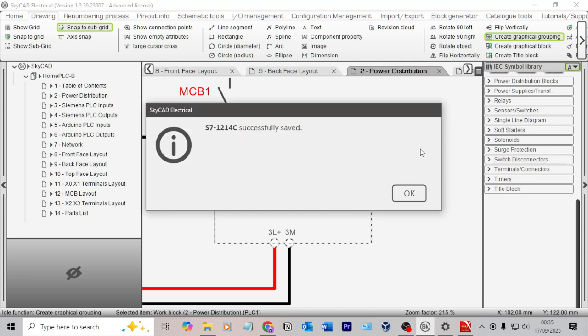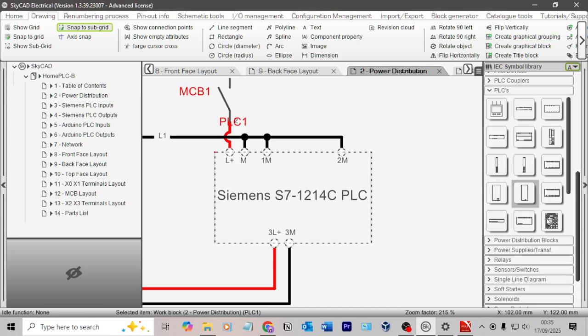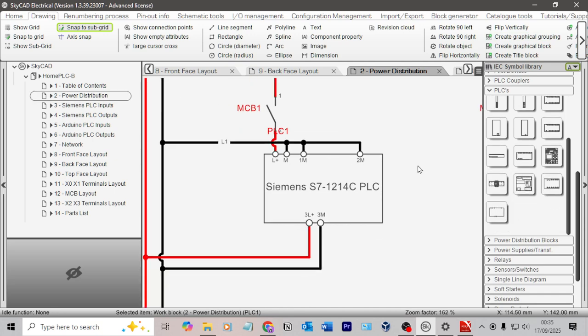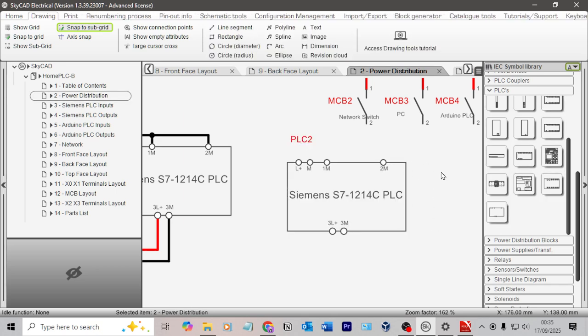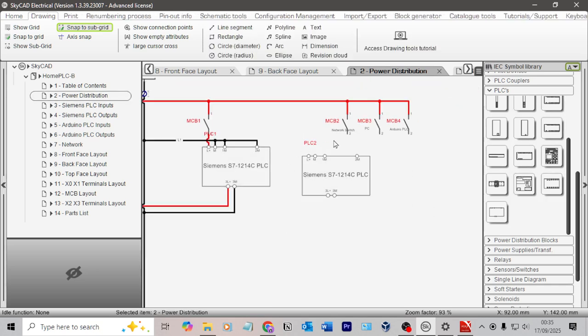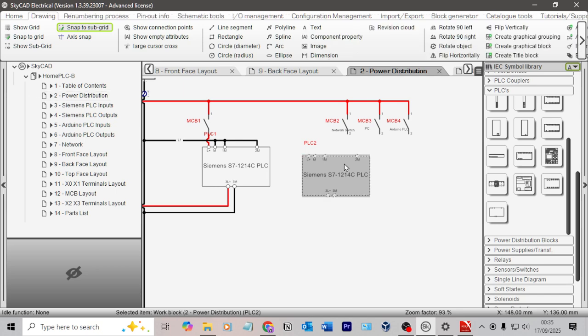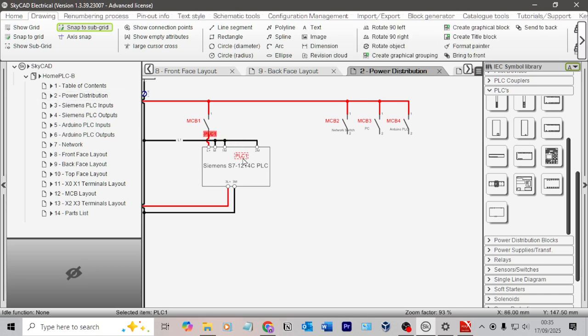It's a bit laggy, but it does. SkyCAD in general is a little bit laggy, but okay, look, there we go, perfect. So now in my PLCs category, now I can do this. Boom, perfect. And then now it's actually pulled through as an actual PLC device, which is brilliant. That's what I wanted to do. So that's very good. So now I've got this PLC